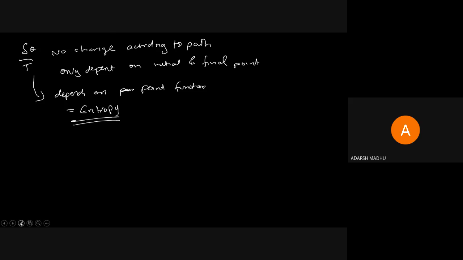So yesterday we stopped at the term entropy. The equation for entropy is dQ by T. For a normal explanation, we can say that the equation for entropy is dS equals dQ by T, that is, the change in heat transfer divided by the absolute temperature.